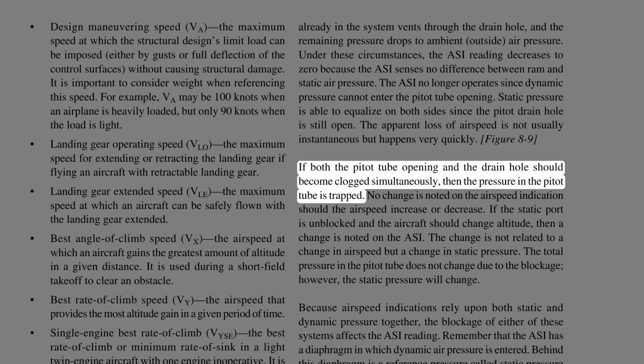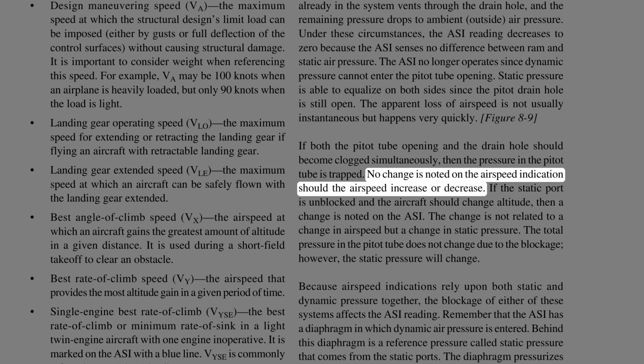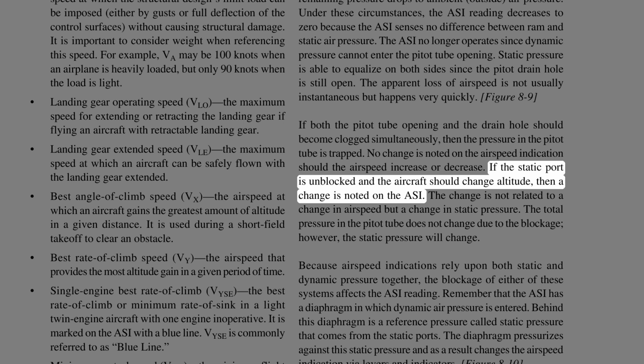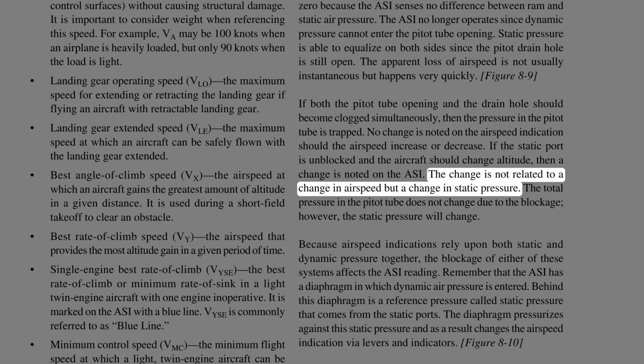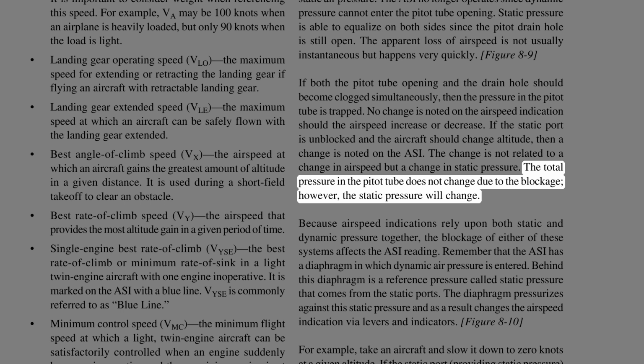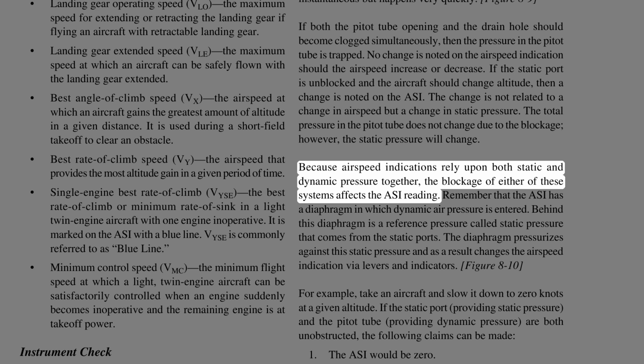tube is trapped. No change is noted on the airspeed indication should the airspeed increase or decrease. If the static port is unblocked and the aircraft should change altitude, then a change is noted on the ASI. The change is not related to a change in airspeed but a change in static pressure. The total pressure in the pitot tube does not change due to the blockage, however, the static pressure will change. Because airspeed indications rely upon both static and dynamic pressure together, the blockage of either of these systems affects the